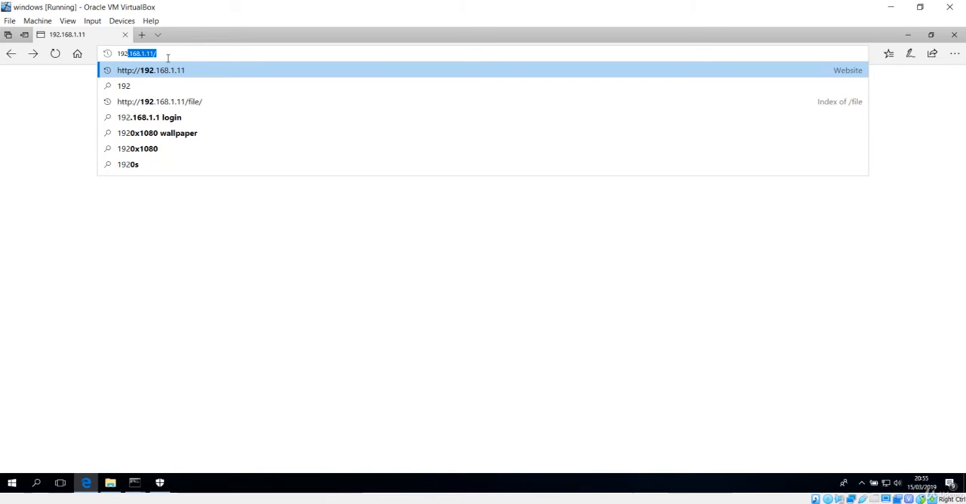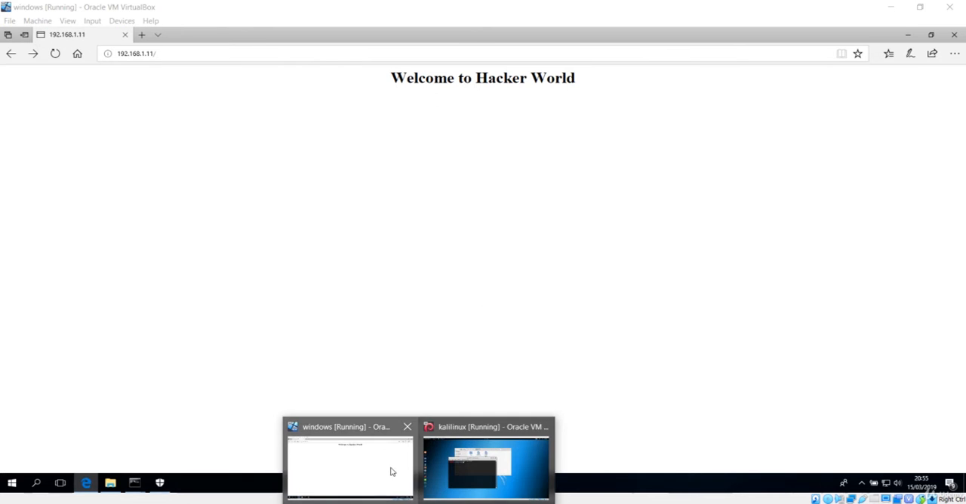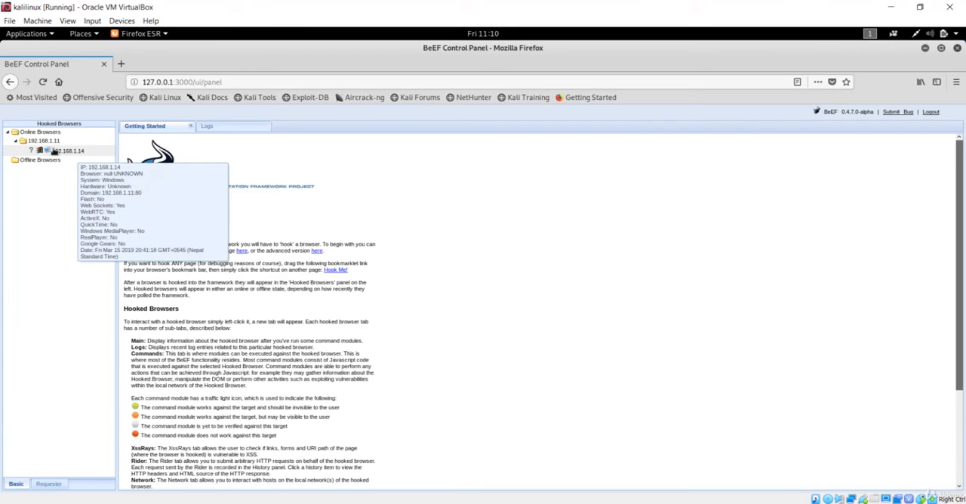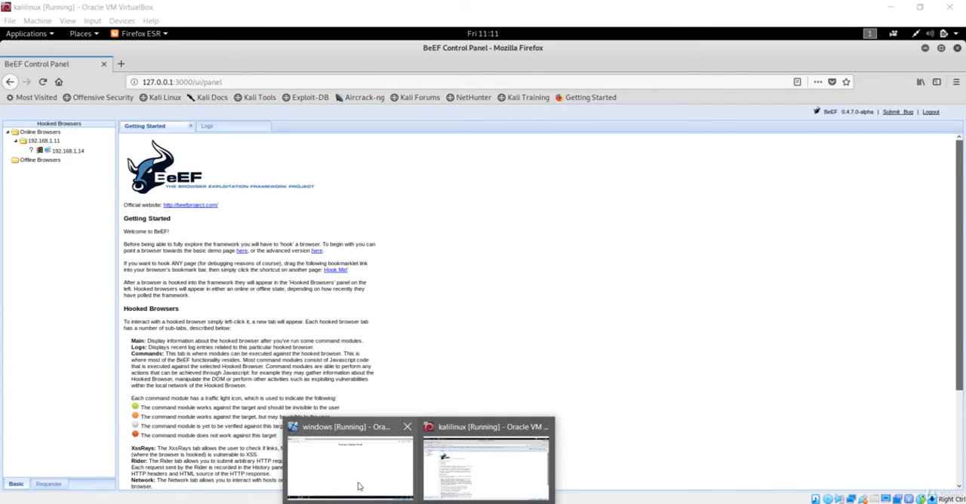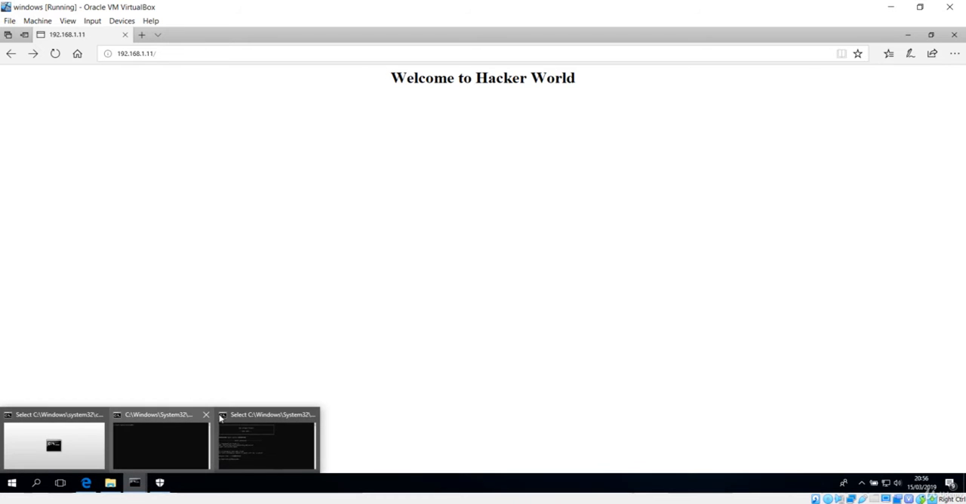So this is the IP address, which is 192.168.1.11, and you can see this has only this heading saying welcome to Hacker World. But if you go back to this Kali machine, then you will see that in this browser there will now be one online browser, which is the same machine having the IP. So if I go back to this Windows machine and let me just search here,